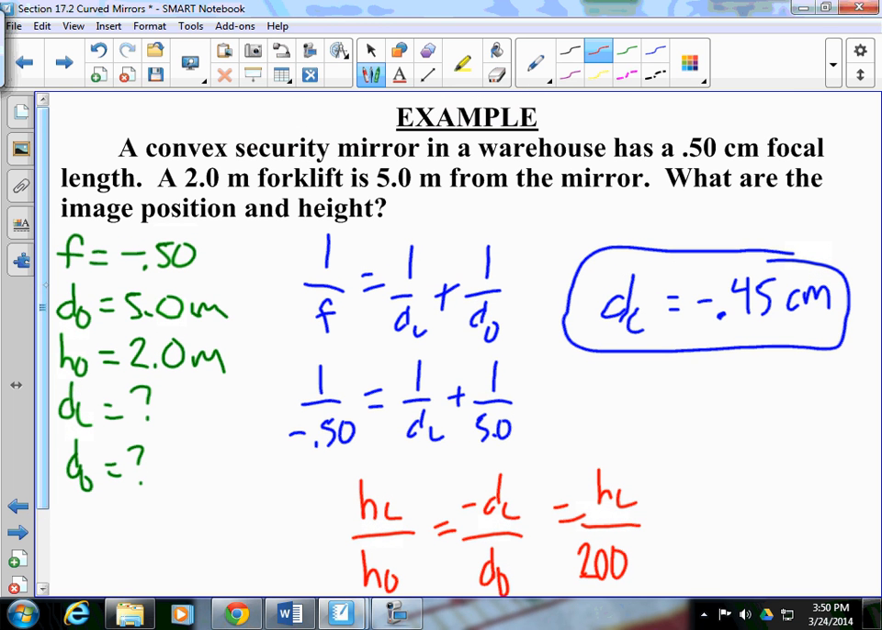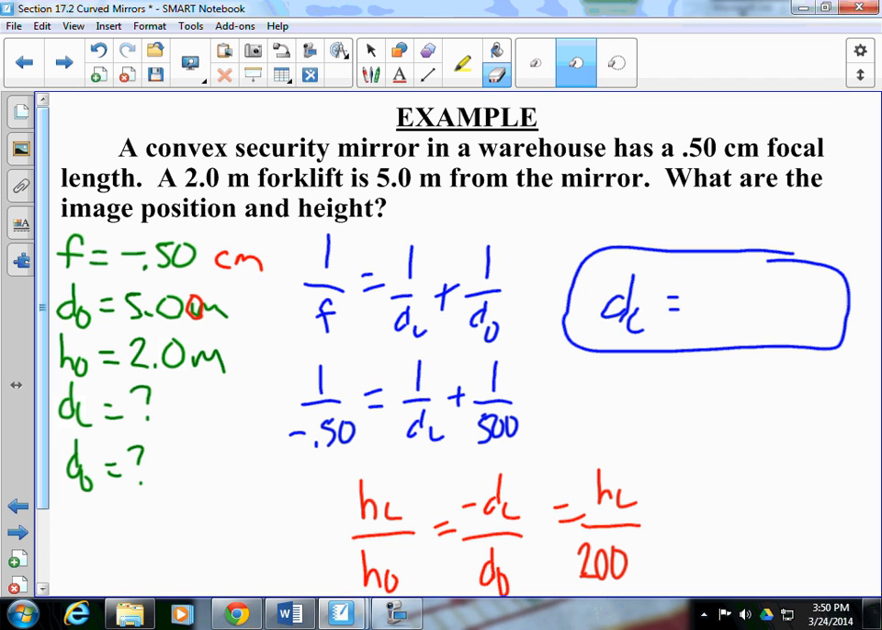Darn it! Our focal length was negative 0.5 centimeters. Our distance of our object is 5 meters or 500 centimeters. So let's go ahead and fix that. 500 centimeters. So when we do this, our DI is going to change. So just a reminder, it doesn't matter what your unit is, as long as they're all the same. So I'm going to use centimeters. So if we go ahead and solve this again,